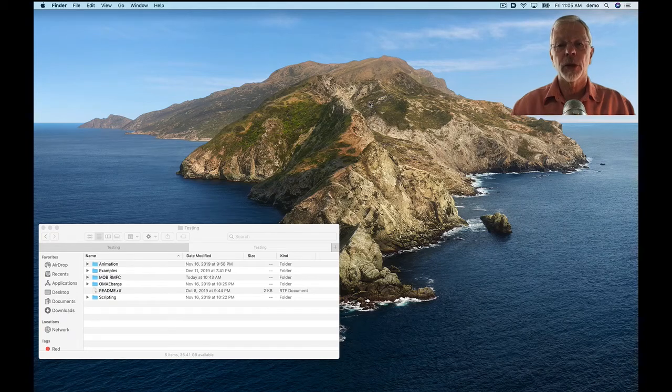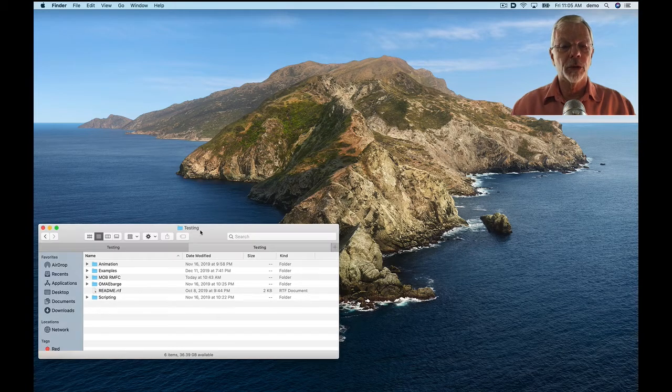On the HYDRAN-XR website, there are example files that you can download. When you download that file, it will create a folder called testing, and that testing folder has subfolders. And in the previous video, we worked through the examples subfolder, and that contains examples of rigid body hydrodynamics, single,